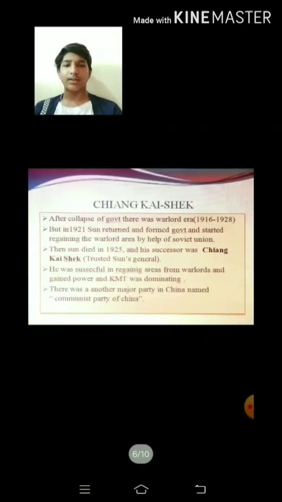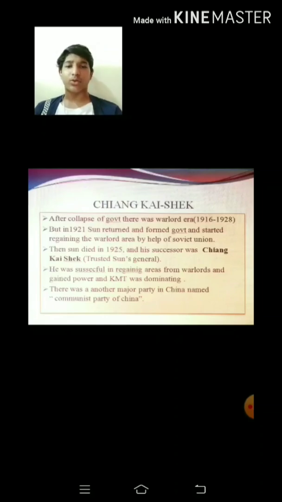After the collapse of the government, there was the warlord era. Warlords were the people who held a stronghold in a particular part of China. It was from 1916 to 1928. But in 1921, Sun returned, formed a government and started regaining the warlord areas with the help of the Soviet Union. Sun died in 1925 due to cancer, and his successor was Chiang Kai-shek. He was also a general in the army. He was successful in regaining areas from the warlords and gained power,